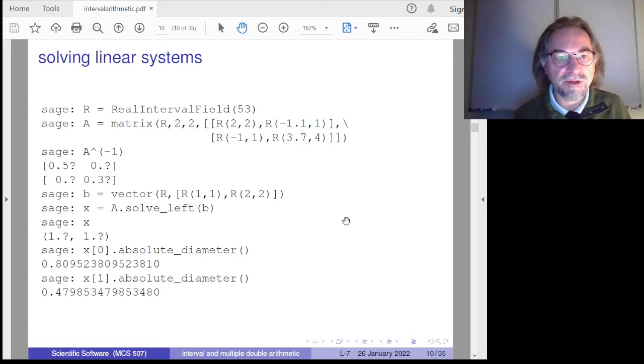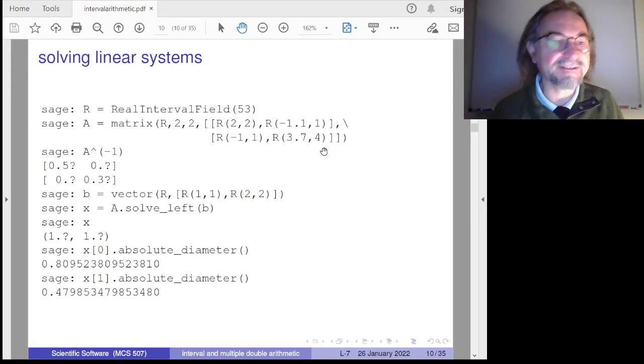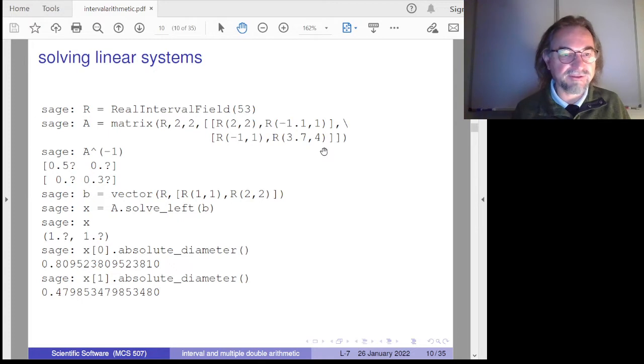So over the real field, I have given intervals 2, 2, minus 1.11, minus 1, 1, and then 3.7 and 4. And then I ask for the inverse. And you see the inverse is actually still a regular matrix. You see but I have very, very little precision. So the question mark is actually indicating that